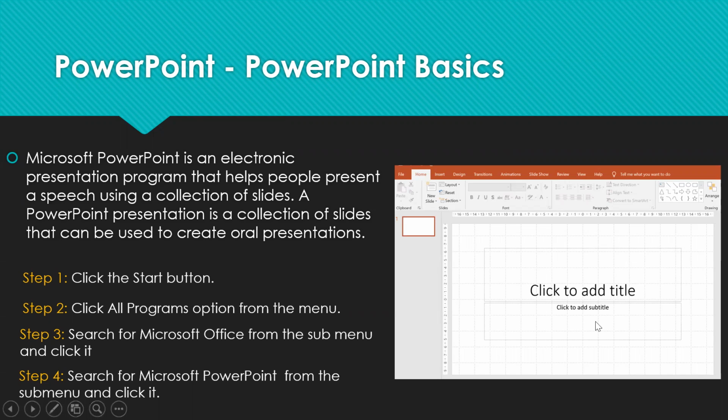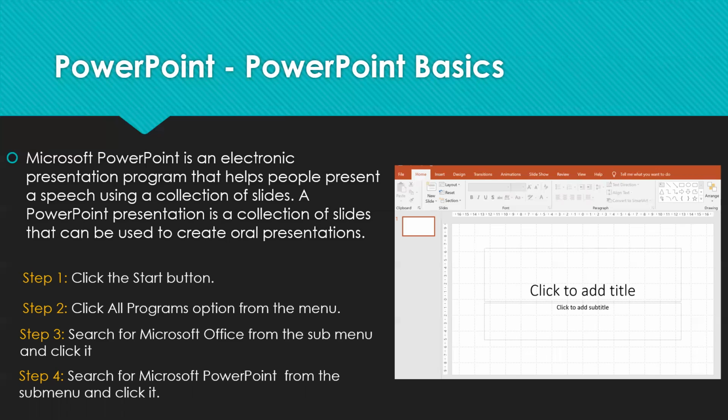So we're going to learn about PowerPoint. So PowerPoint is a presentation program. So whenever we give a presentation to one of your colleagues or to a group of people, we can use a PowerPoint presentation. So we can have a lot of slides in it, and a single PowerPoint presentation can have multiple slides. So it's nothing but a collection of slides, and it helps to give any presentation in a very presentable way and in a nice manner.